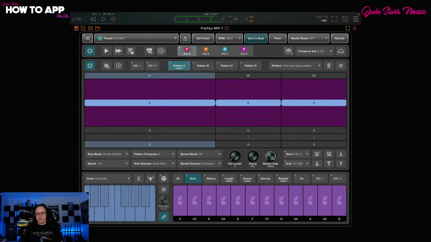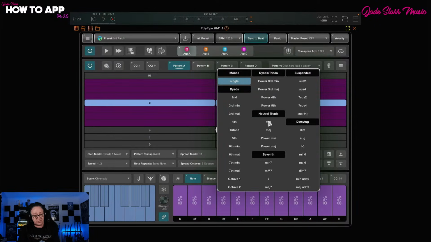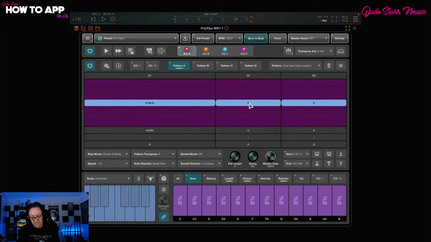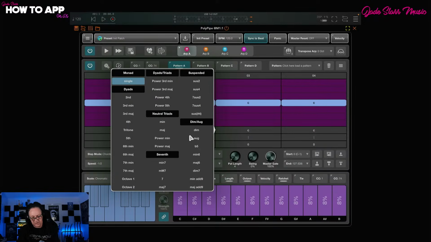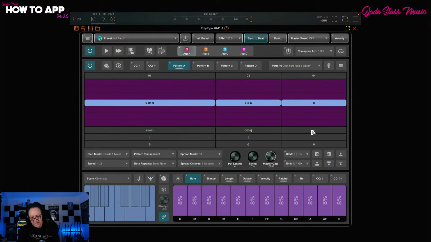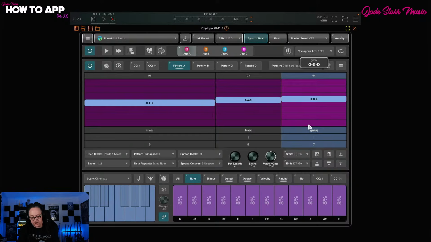Okay, so when I play a note here, we're just getting single notes. This is the beauty of this one. Instead here, we can tap on this little C button here and we can create chords. I can create a C minor. Here we'll tap here, sorry, C major. And we'll make them all majors, right? So we'll tap this one, make it a major. And we can move these around and say, let's drag this up now, and we'll make this an F major, and we'll make this a G major. So now when I hold down a single note,